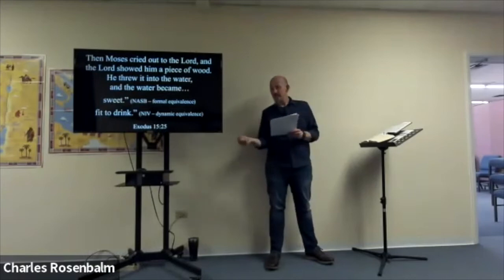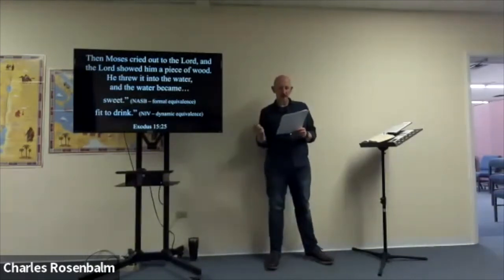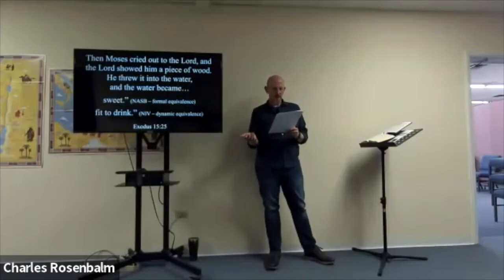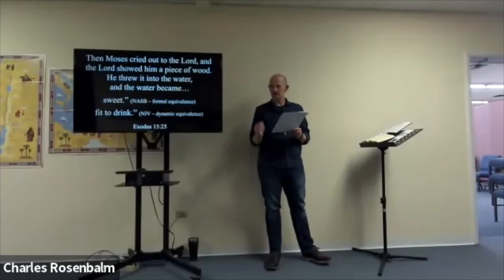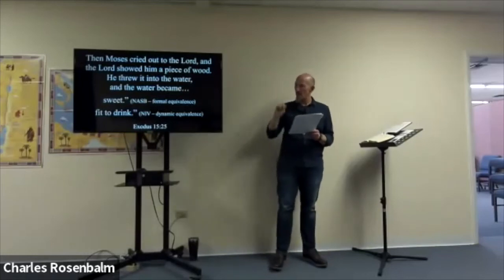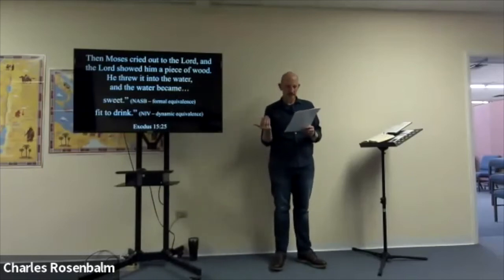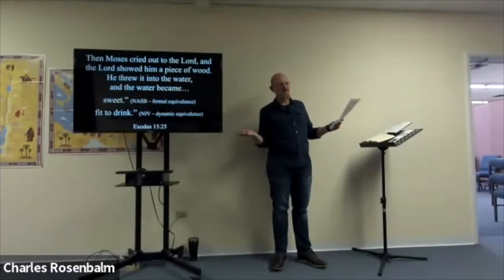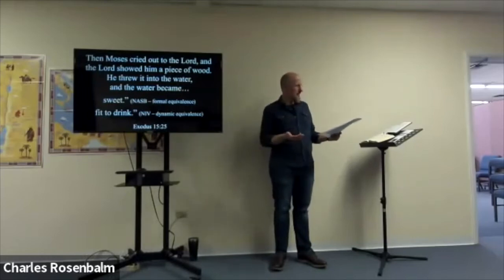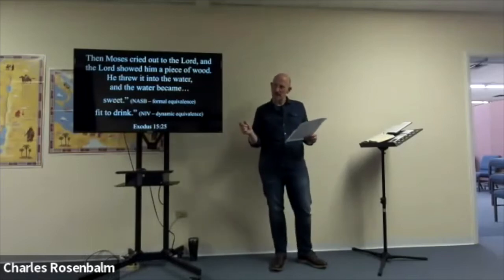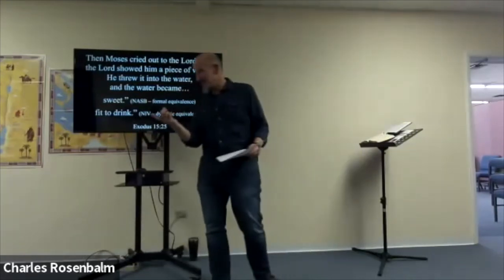The New Living Translation: for this is how God loved the world. He gave his one and only son, so that everyone who believes in him will not perish but have eternal life. So similar, but you can see there's just a different way of approaching the Greek text to put it into English. Psalm 23, verse 1, the Lord is my shepherd, I shall not want. You take that and you put it in the dynamic equivalence. The Lord is my shepherd, I have everything I need. The meaning is similar, but it's a different way. It's not as familiar for sure, right?